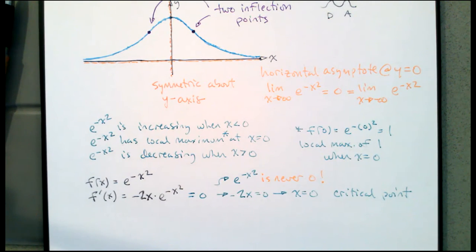On the function here, we have e to the negative x to the power of 2. On the f prime, the first derivative, then you set it equal to 0. And then we have 2x equals 0, and then x is 0, the critical point. So where is this critical point? It's x equals 0. f has a critical point at x equals 0. If it's on the graph, where is that?